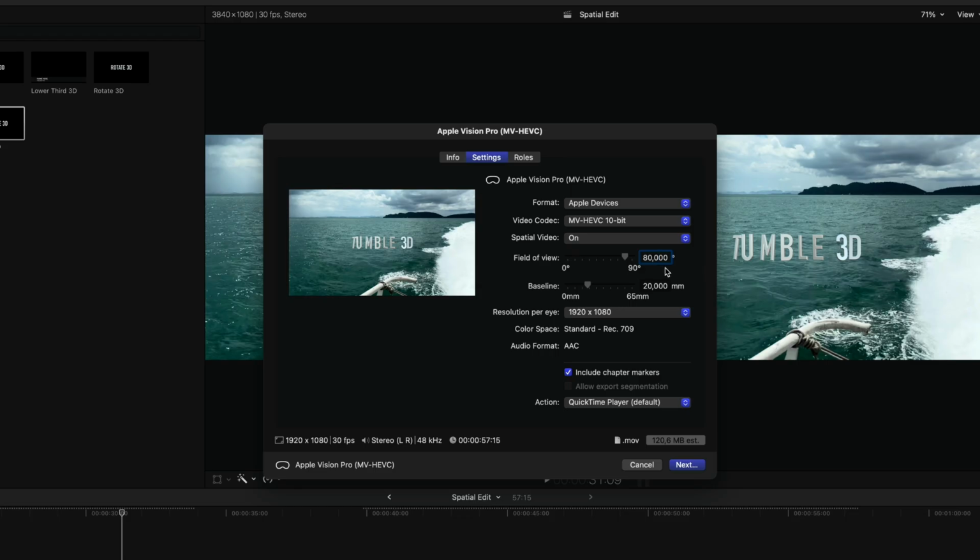While you'll surely still get a usable clip, exporting it with the wrong field of view and/or baseline, which I'll explain in a second, can result in a suboptimal viewing experience in 3D. In which case, if you edited clips from a Vision Pro, you'll want to enter 79.59 degrees here. If, as in my case, all the footage is from an iPhone, you'll want to enter 45 degrees.